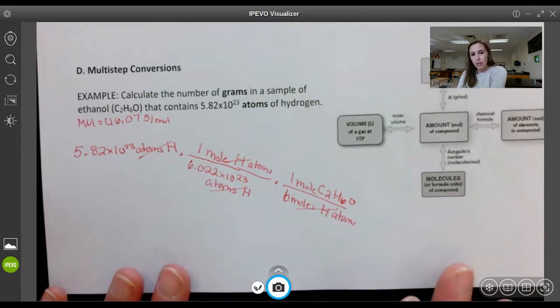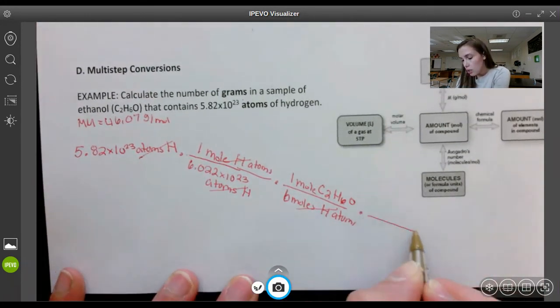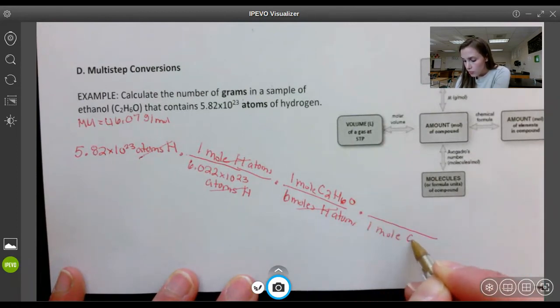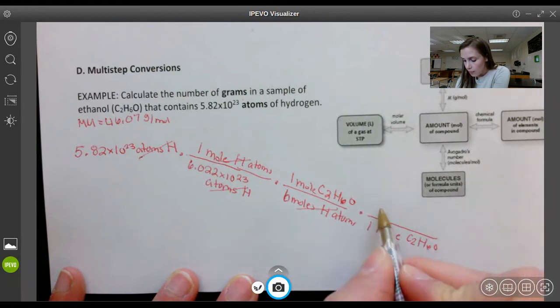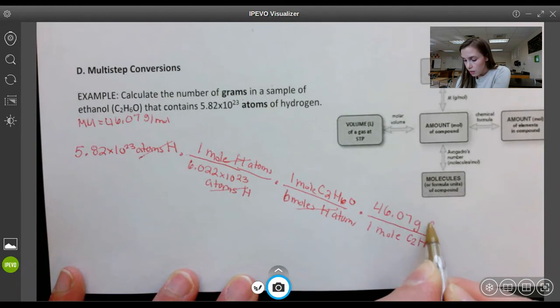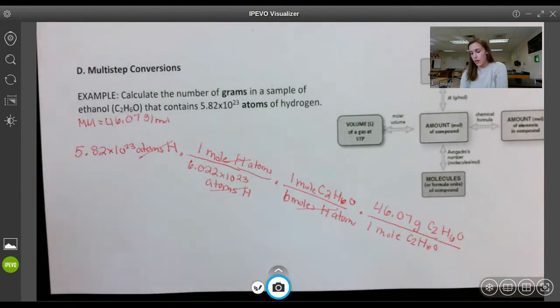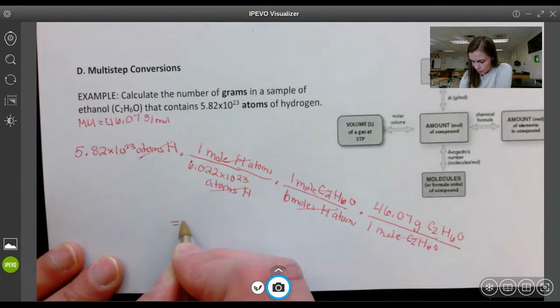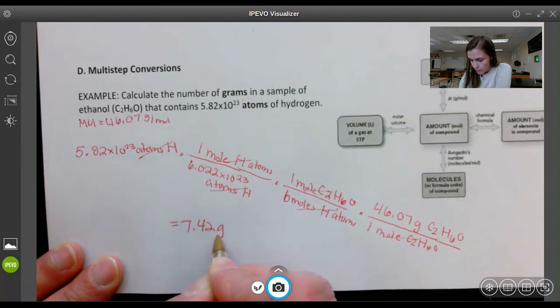So in this very last part here, I'm then going to use the molar mass. So I have for every 1 mole of C2H6O, I'm going to have 46.07 grams of C2H6O. Okay, and you can see how those last set of units do cross out to leave us with grams. So when you plug this all in, that many atoms of hydrogen in a sample would be equivalent to 7.42 grams of my